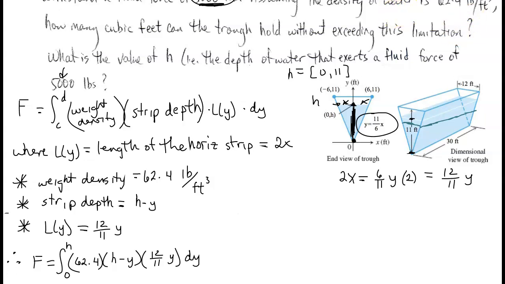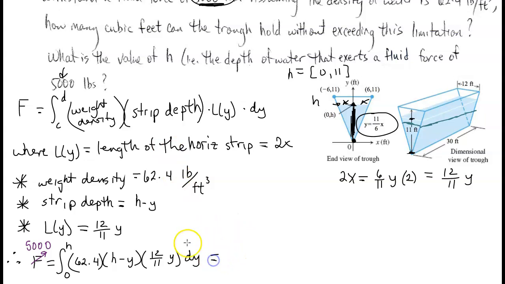Okay. So from this point, we also know that, I'm going to go ahead and put this in here, that this can't exceed 5,000 pounds. So I'm just going to keep it as equal to, but in reality, we would want to have that 5,000 pounds be less than or equal to the integral. But I'm just going to keep it as equal to, and we know that whatever the height is, it has to be that height or lower. Okay. And that'll keep the computation a little bit more simple here. All right. So with that being said,